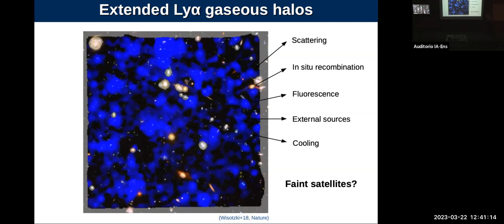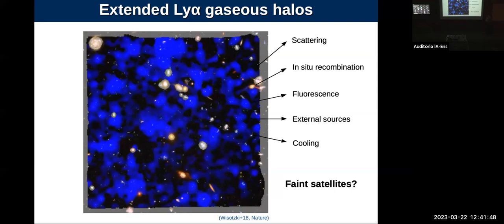The instruments that we use to detect Lyman-alpha emitters are flux limited. So below a given threshold, you will not detect any Lyman-alpha emitter, and above that threshold, you will detect them. So this is what they refer to as faint satellites. They refer to them as undetected Lyman-alpha emitters under current instrumentation. So the emission from those undetected sources, when you do those stacking experiments to measure the surface brightness profiles, will contribute to this extended emission.